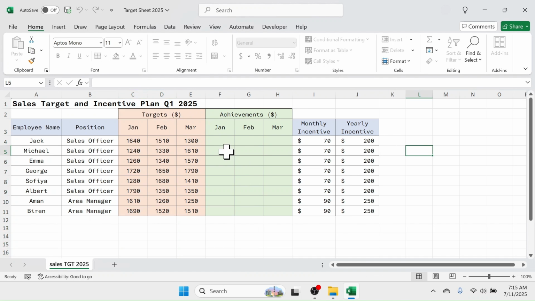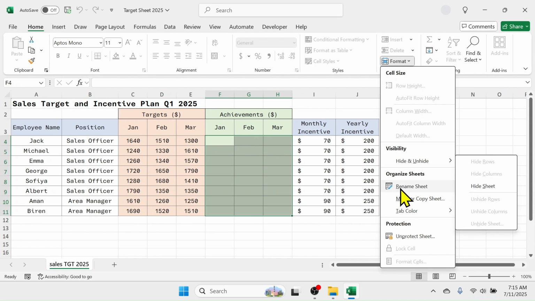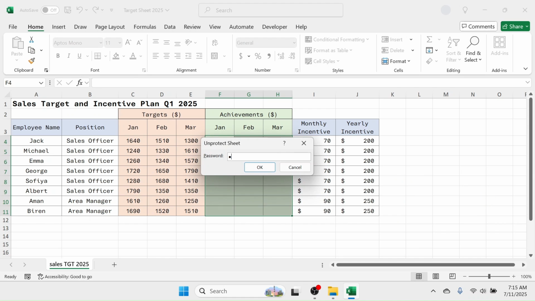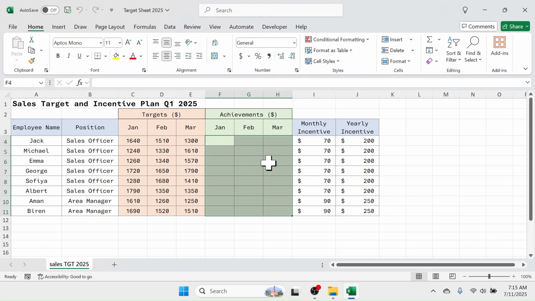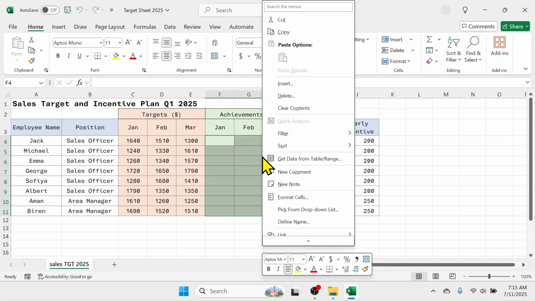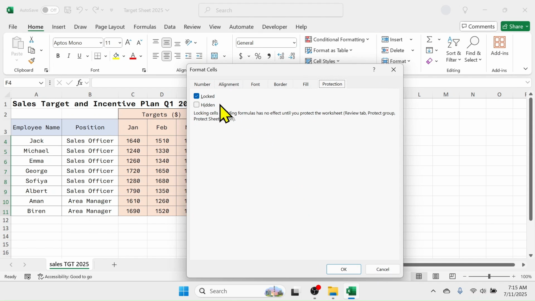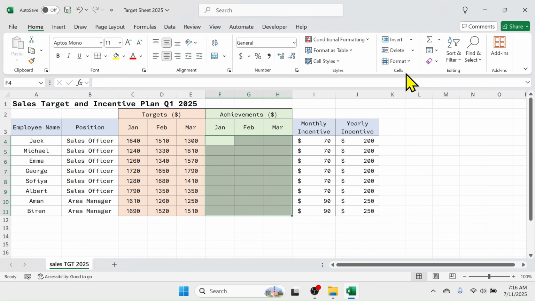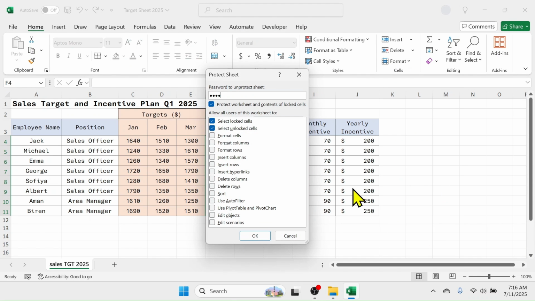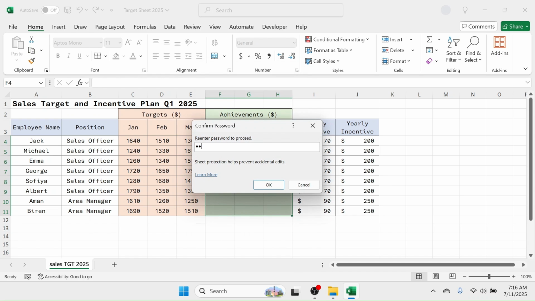Now to unlock this part only for editing, you have to first unprotect the whole sheet. For that, go to the Format button, Unprotect Sheet, put the password, click on OK. Right click on this selected range, click on Format Cells. Then in the Protection tab, deselect the Locked option, then click on OK. Again go to the Format button, click on Protect Sheet, put the password, click on OK, re-enter the password, then